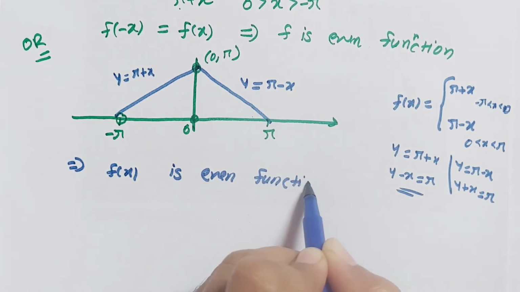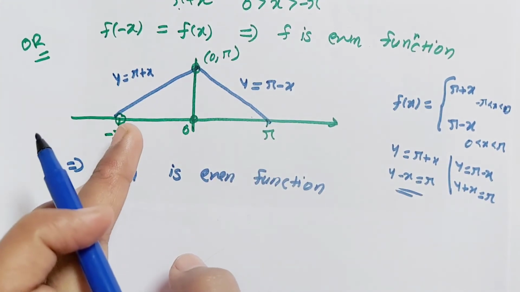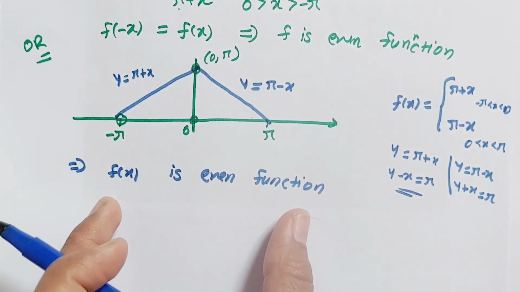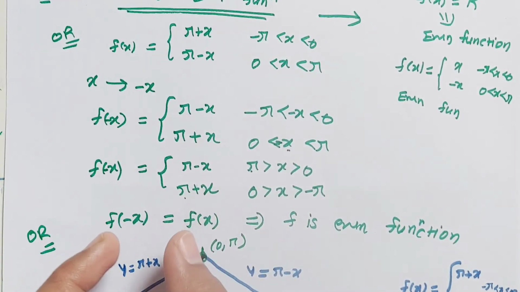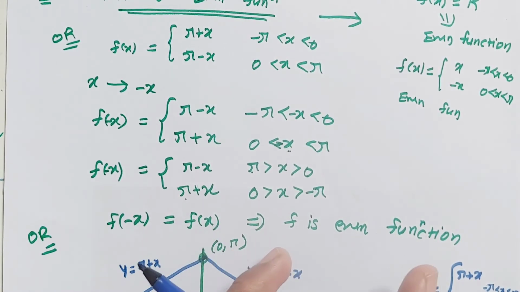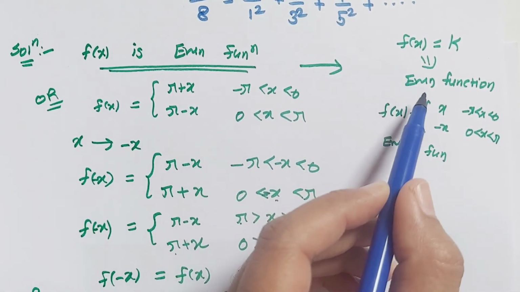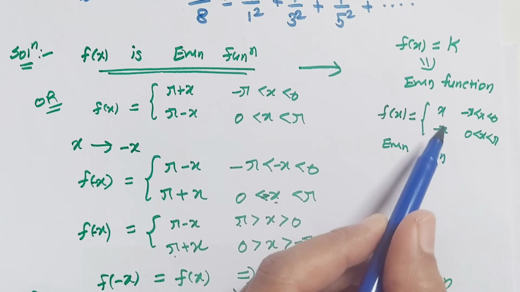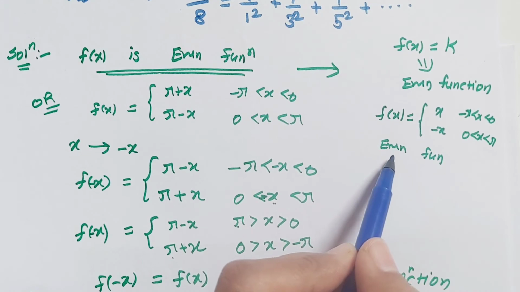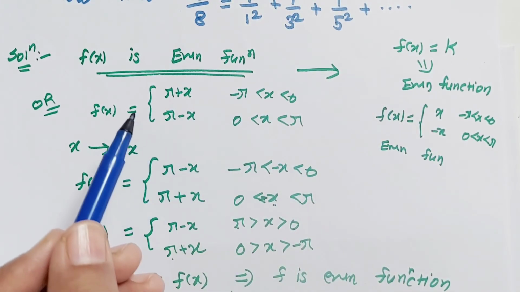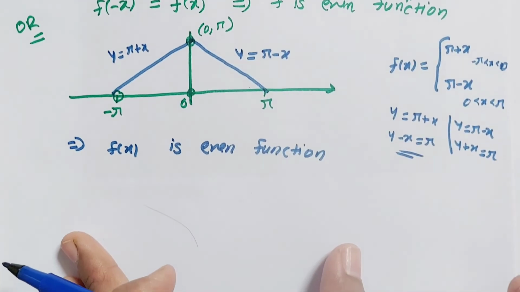So sometimes the question is to draw the graph and then solve the example. If we draw the graph and it is symmetric about the y-axis, then it is an even function. Otherwise, by the definition of an even function, replace x by minus x and prove that f of minus x equals f of x, then it is again an even function. And the shortcut is, if the function is constant, then it is an even function. And if we divide the function into two parts, and each single function is even, then the addition of two even functions is again an even function. So these are the three ways of testing whether the function is even or odd.